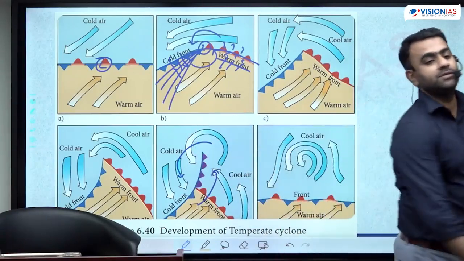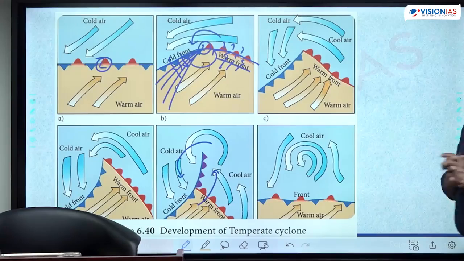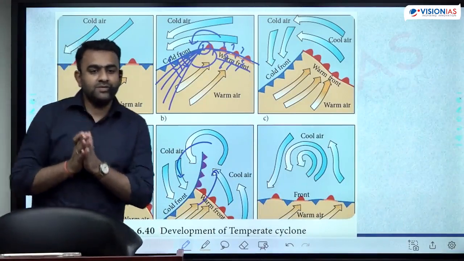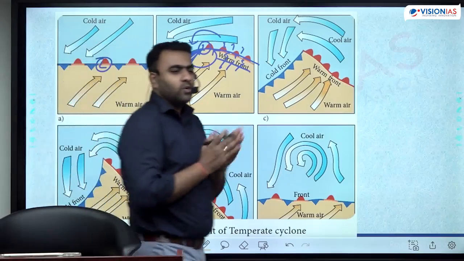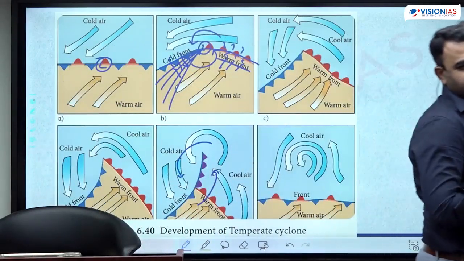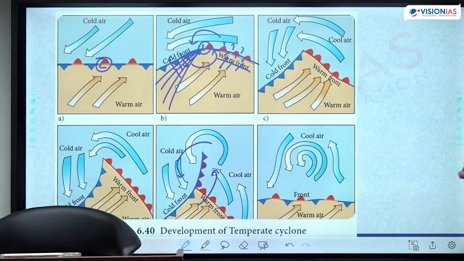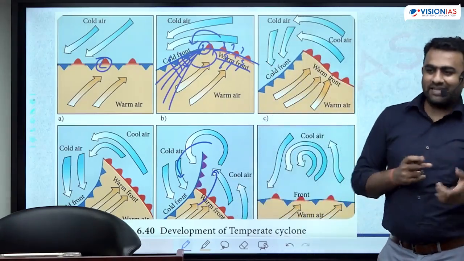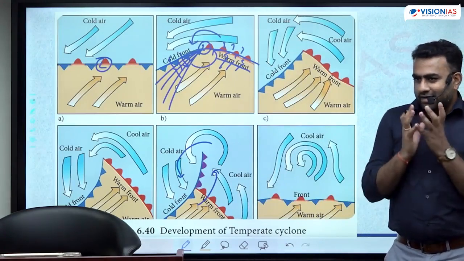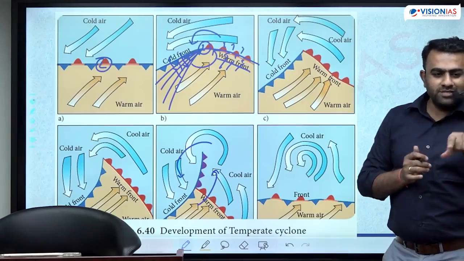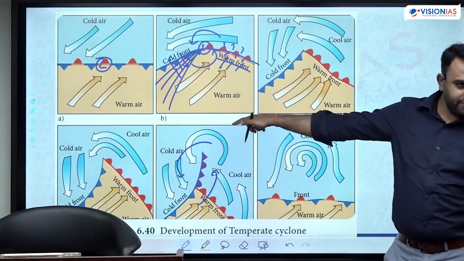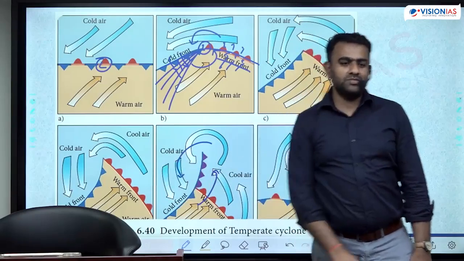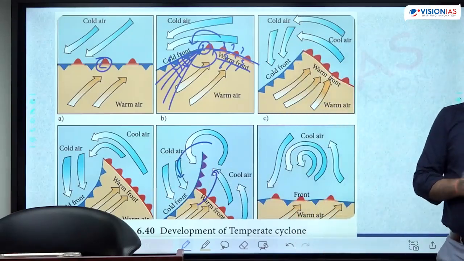With occlusion, what happens? A huge amount of warm air gets uplifted. When a huge amount of warm air gets uplifted, condensation happens. The air cools down. What happens during condensation, before precipitation, before cloud formation? Yes, the release of latent heat. Latent heat is released in huge quantity. With the release of heat, pressure drops further. The low pressure further causes the movement of more air mass towards it. More convergence happens. This system continues.